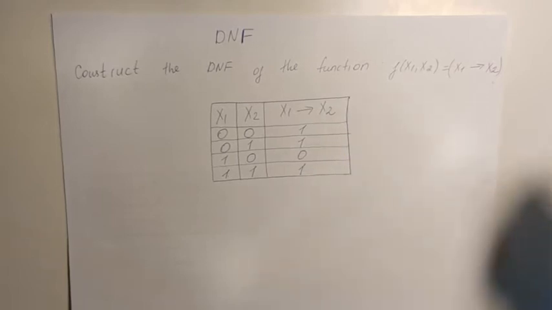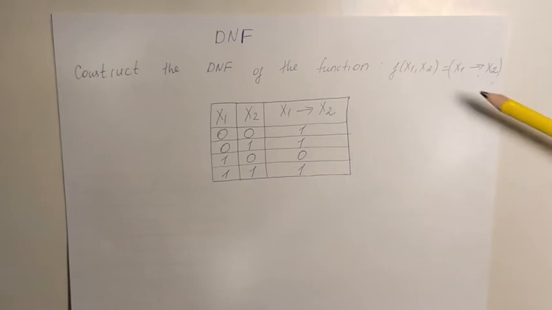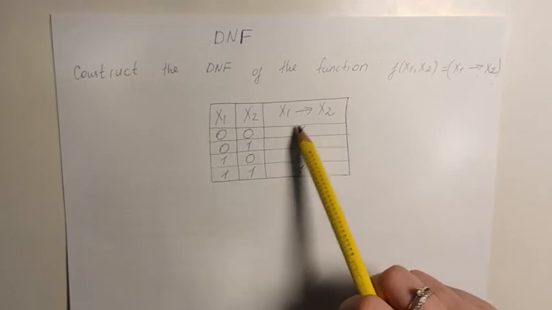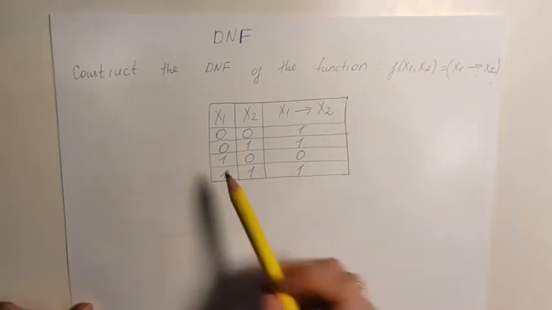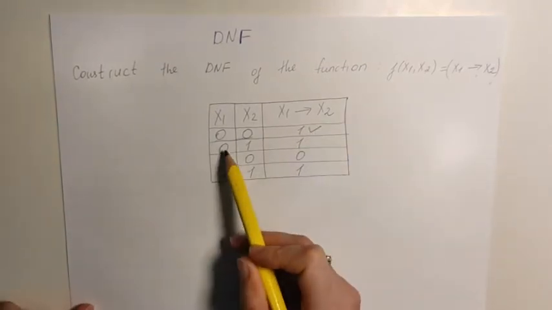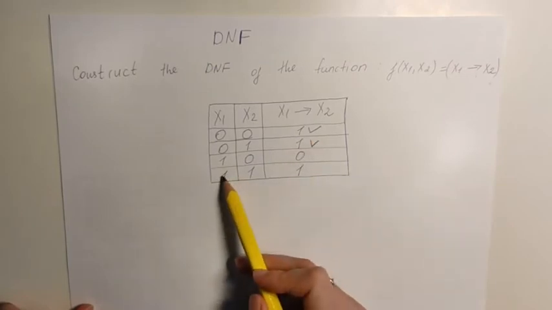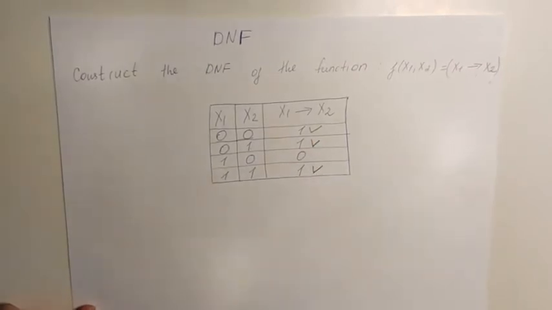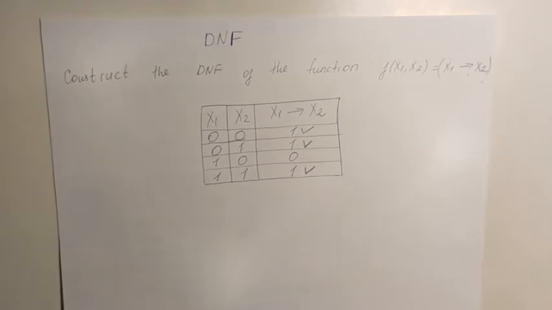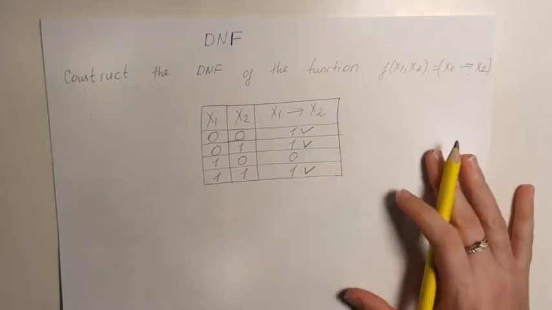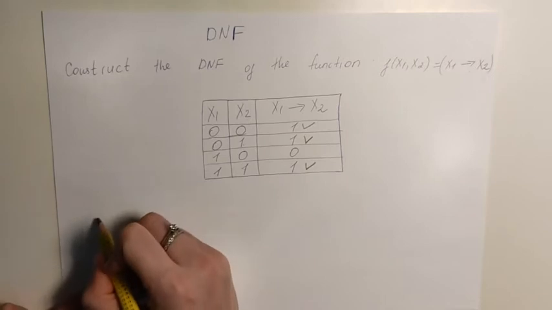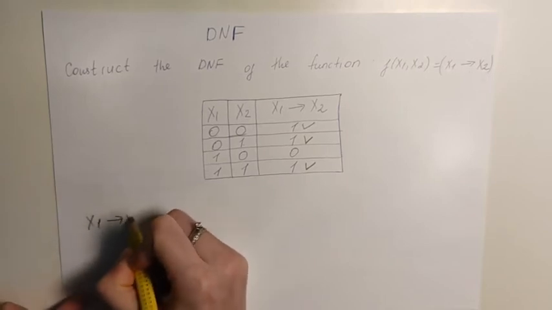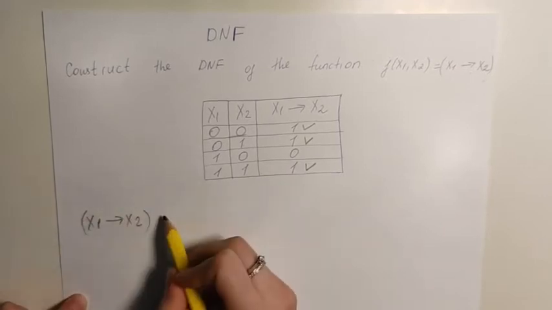In order to construct the DNF of the function, we need to choose which ordered pairs have a truth value equal to 1. As you can see easily from this example, (0, 0) is equal to 1, (0, 1) is equal to 1, and (1, 1) is equal to 1. From the definition of DNF, you know that DNF is ORing together ANDs. So all we need is just writing x1 implication x2 is equal to